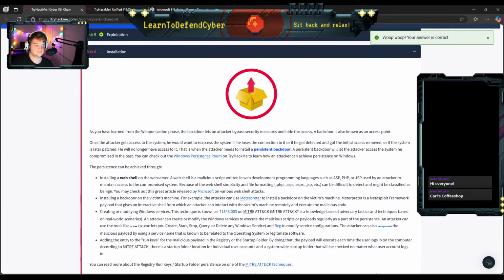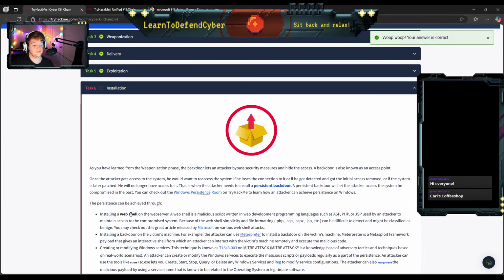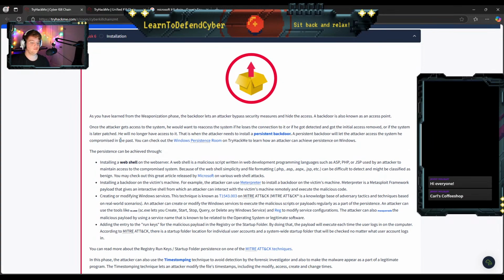Installation. This is where we're going to get persistence. So persistence, an attacker is not going to want to just be in an environment once, right? They might want to come back over the time of days. They might want to come back over months, right? They might want to come back over years, and they're going to